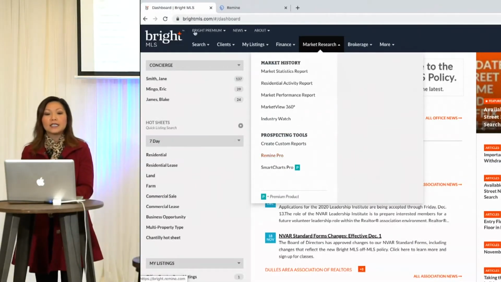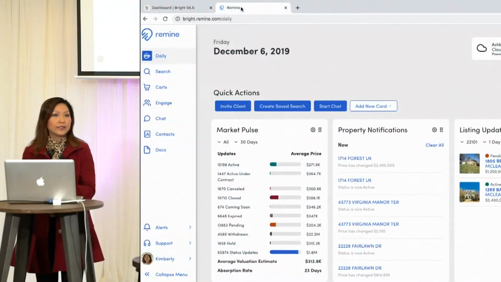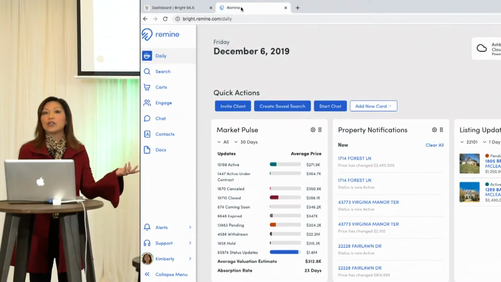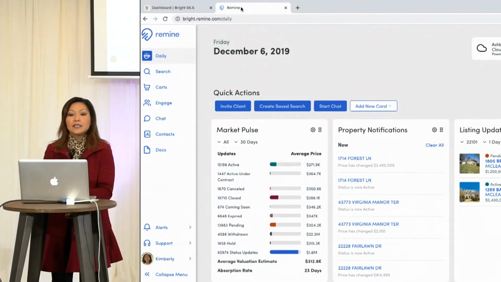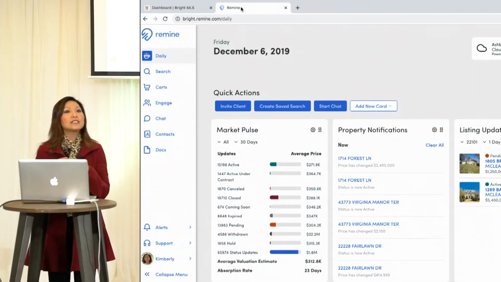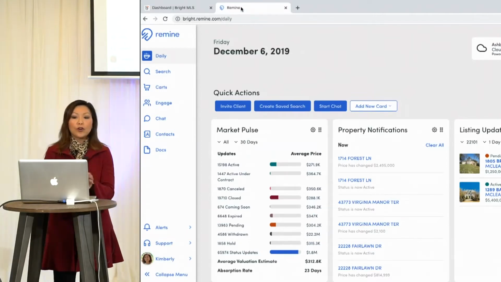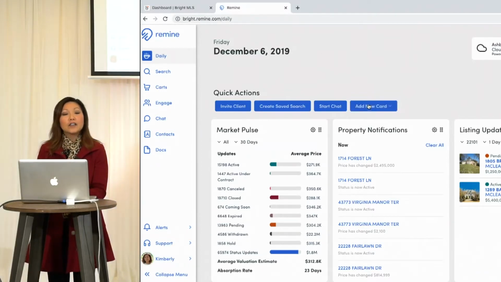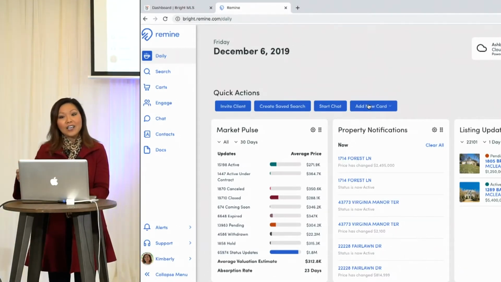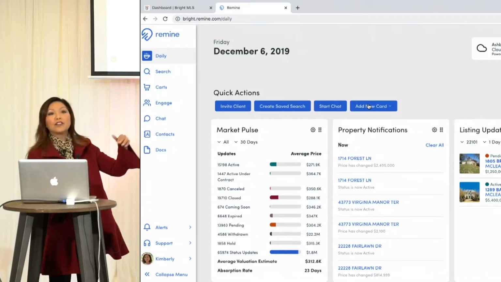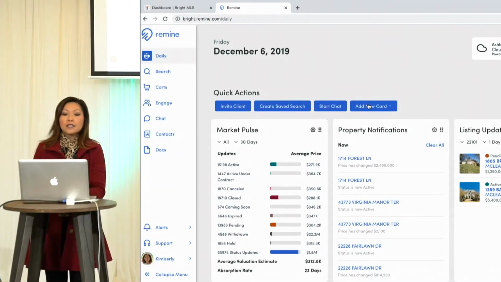And once you click on it, it's going to open up another tab on your browser, and it's going to take you to the Remine dashboard. So everyone should be here now, okay? So this dashboard is going to give you a summary of your Remine account. So on this dashboard, you can add different cards. So I'm saying card, C-A-R-D, as in playing card, because each of these blocks is what they call a card, okay? So there's a button up here at the top that says Add New Card,